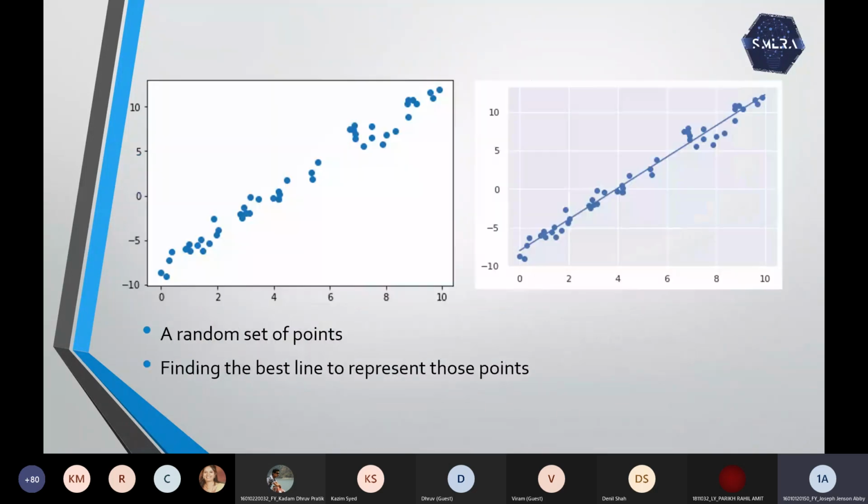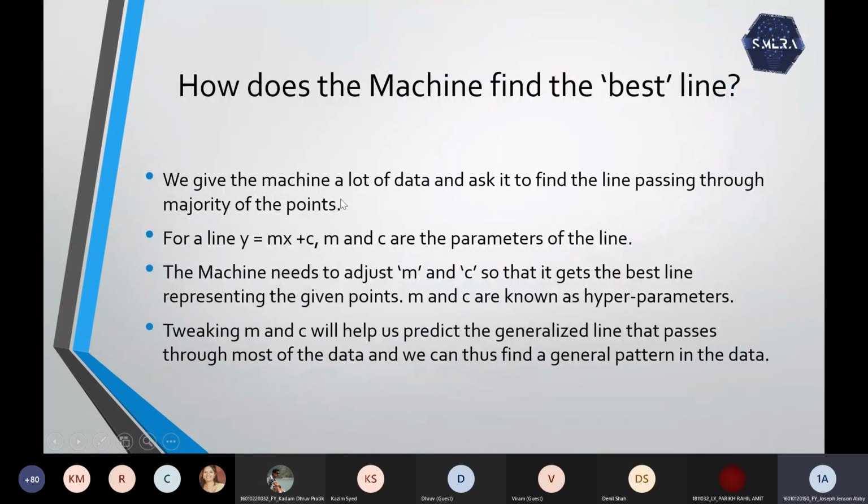All we are giving the machine is data. We are just giving data, as I showed in the previous example, say suppose (1,3), (2,6), (3,9). We are just giving the machine data. The machine is going to do all the work for you. It is going to plot the line, and if you give any random x value, it is going to predict the y value. So that is what the machine is doing.